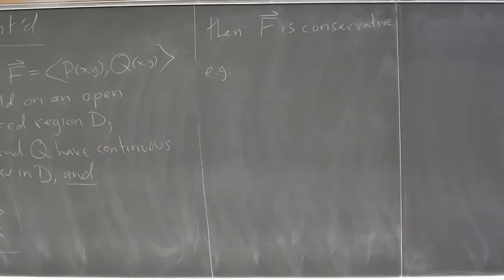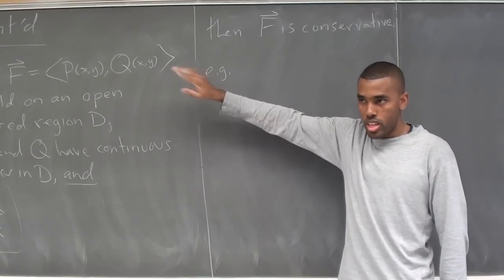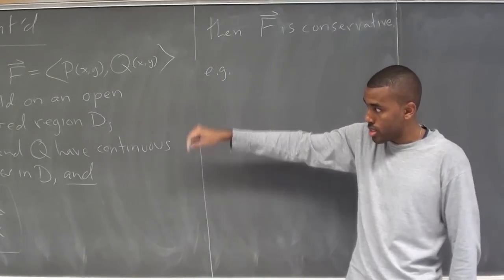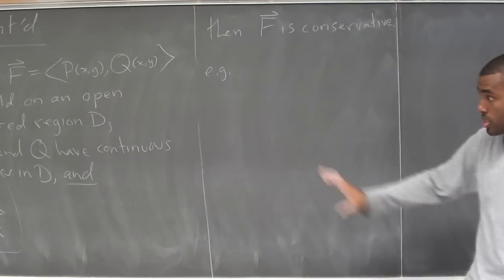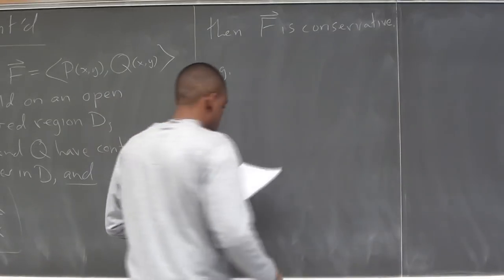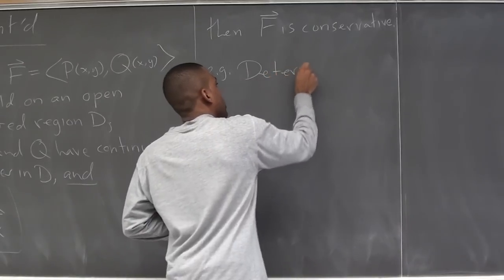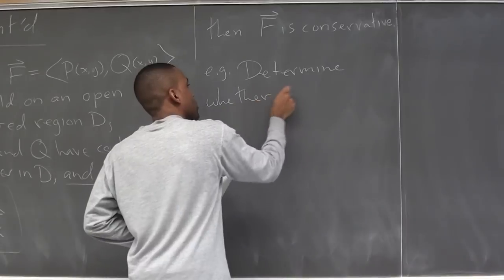So now we are going to talk about, first, how to check that something is conservative. We know for a two-dimensional vector field, this is how we do it. For a three-dimensional vector field, it's a different test. So this only works for two-dimensional vector fields. You do this test, and the test for 3 dimensions we will cover later, but for 2 dimensions, this is it. And we know it's conservative. So here, let's do some examples where we're going to check these vector fields. Determine whether or not